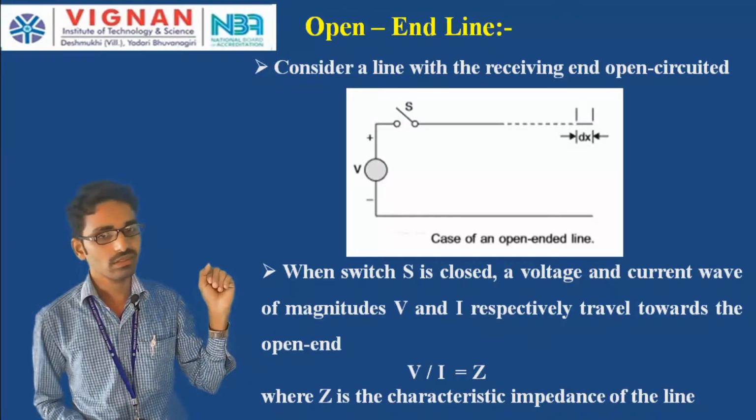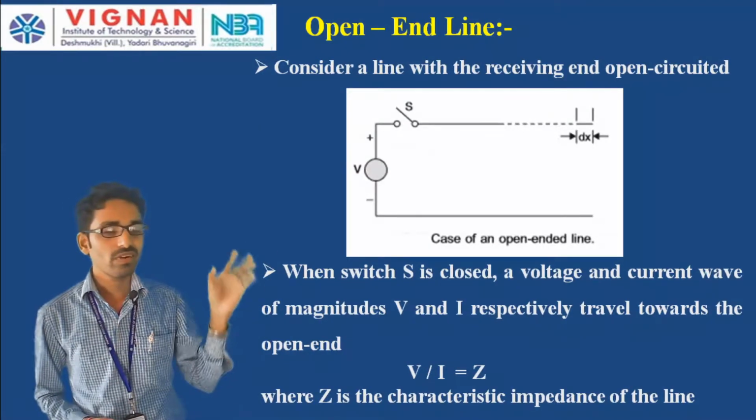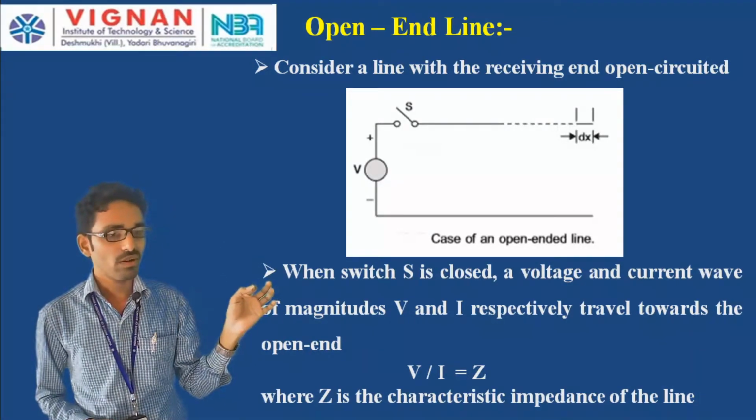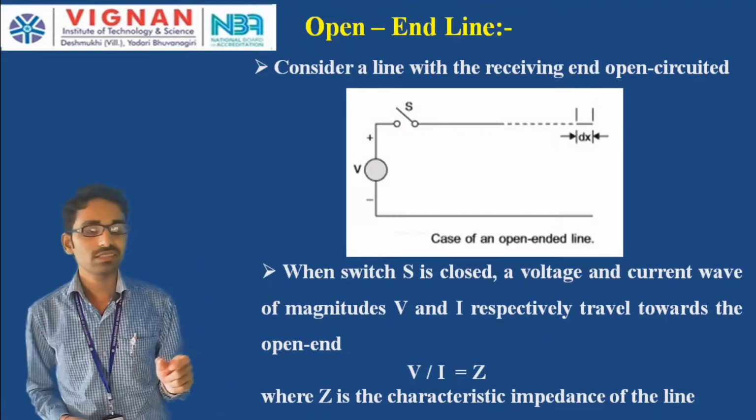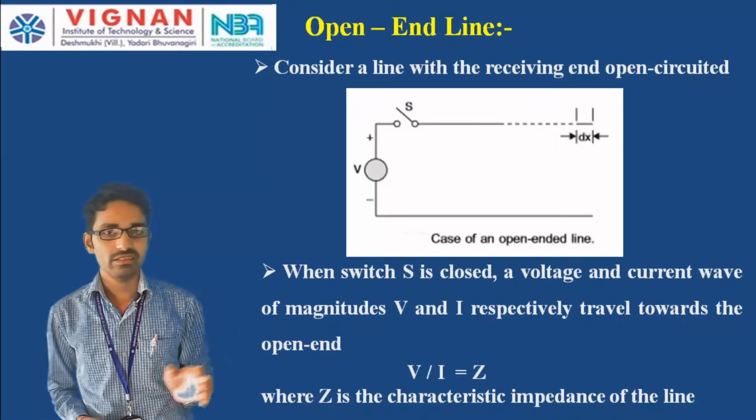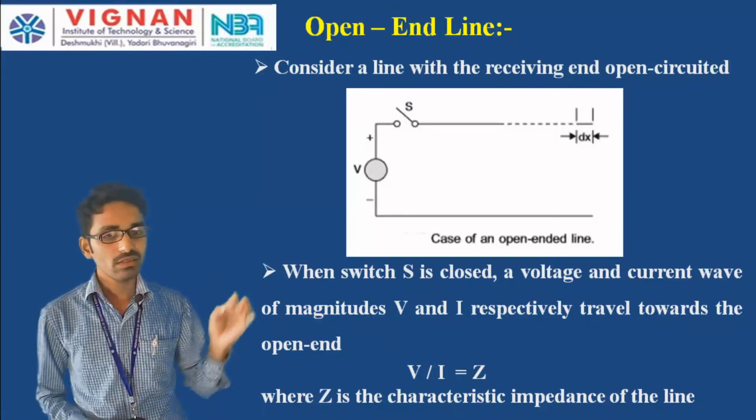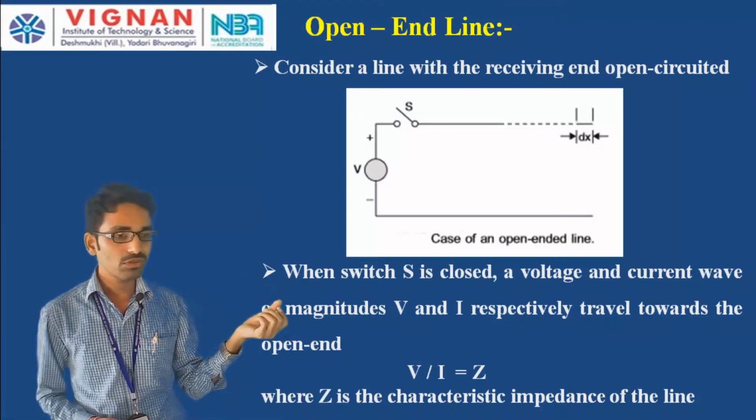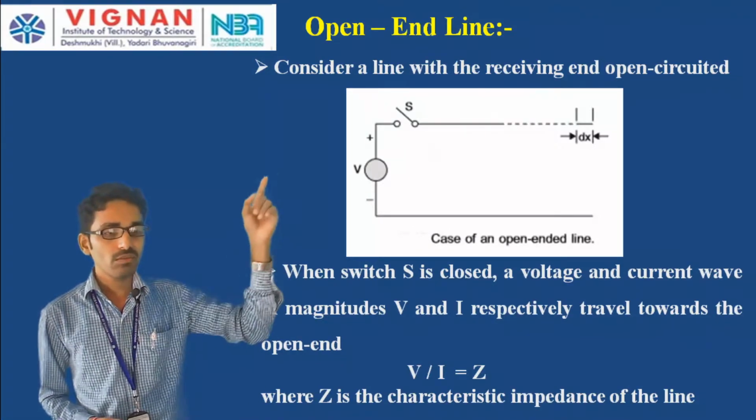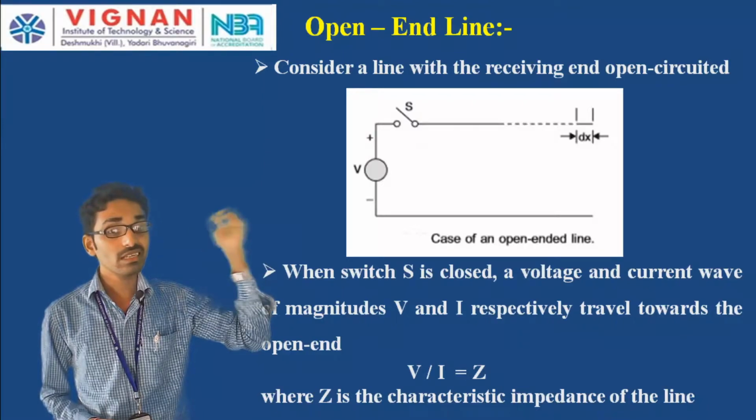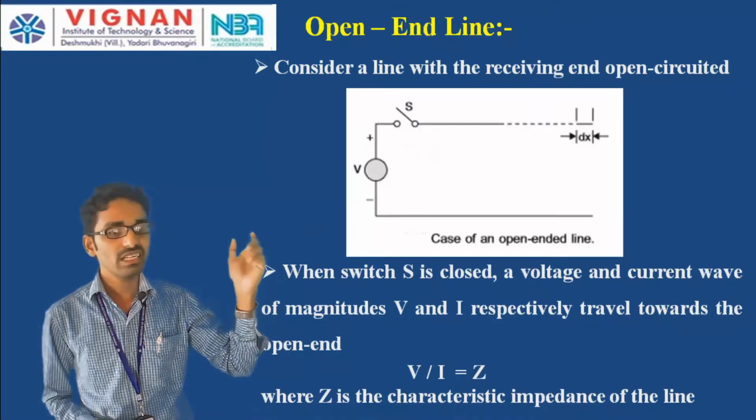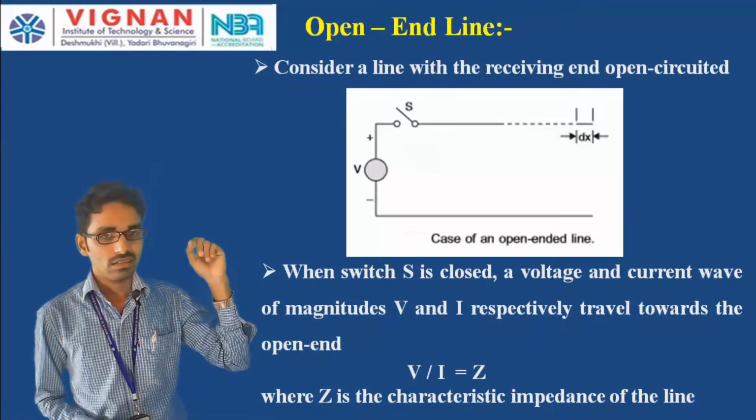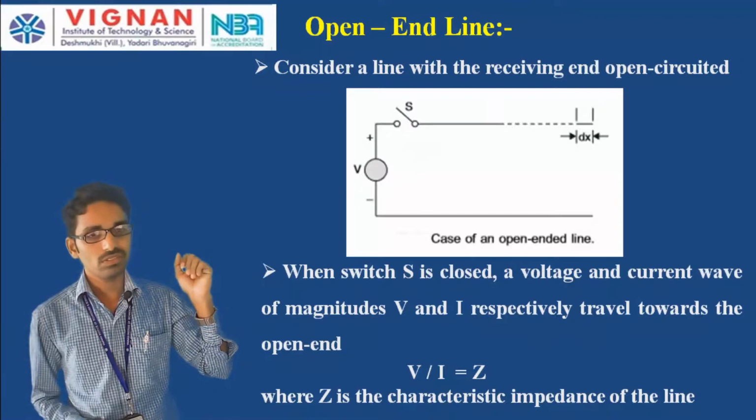When the switch S is closed, what happens? Normally the voltage and current waves are formed and travel towards the open end, or receiving end. Since the receiving end is open circuited, the waves travel towards the open end with magnitudes of V and I. So when I close the switch, that is at time t equal to 0 plus, at the instant of closing of the switch,